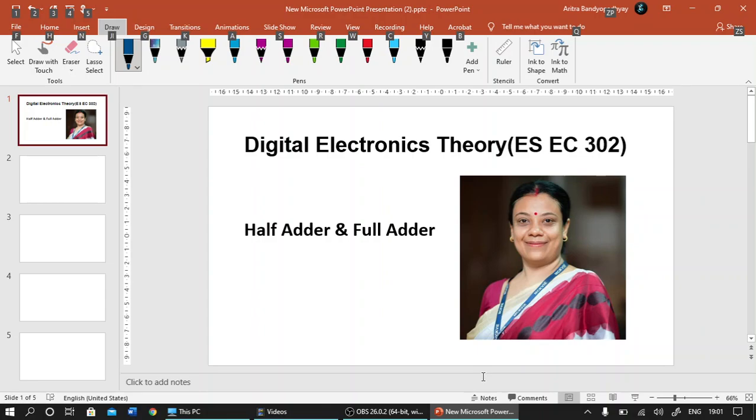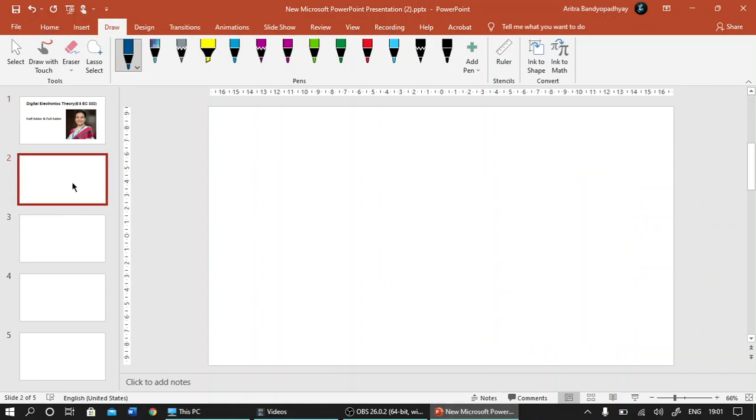Today, I will discuss the half adder and full adder circuit. We all know that digital computers perform a variety of information processing tasks. Among the basic functions encountered are the various arithmetic operations. The most basic arithmetic operation is addition of two binary digits. The simple addition consists of four possible elementary operations.